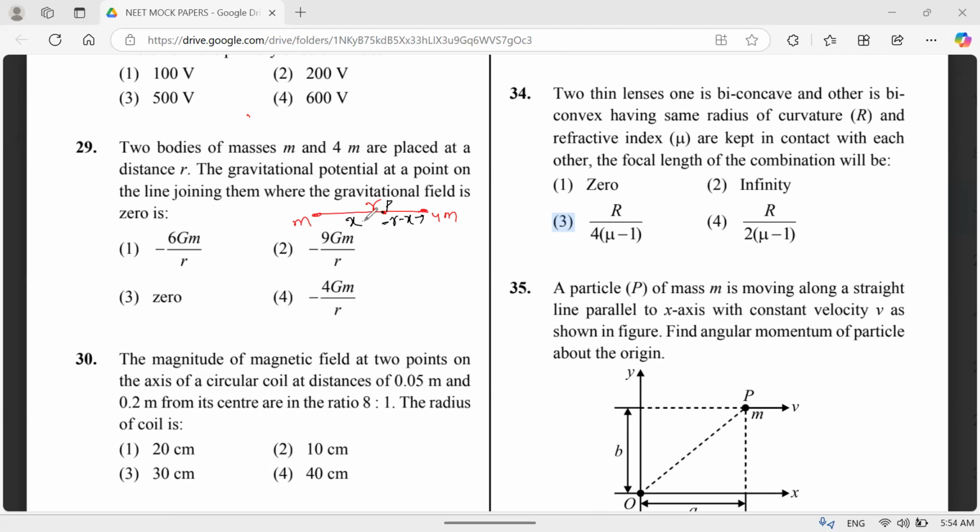So this is x, this will be r minus x. Somewhere at this point, I'm taking that the field is becoming 0. So if I apply the gravitational field formula, GM divided by x square will be equal to 4GM divided by r minus x whole square. GM will give